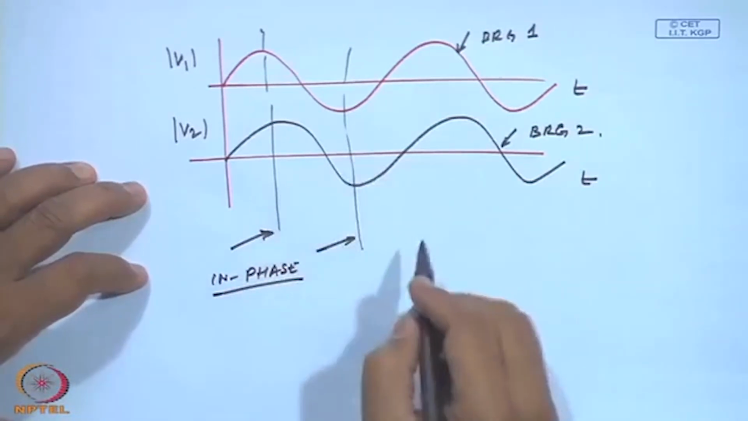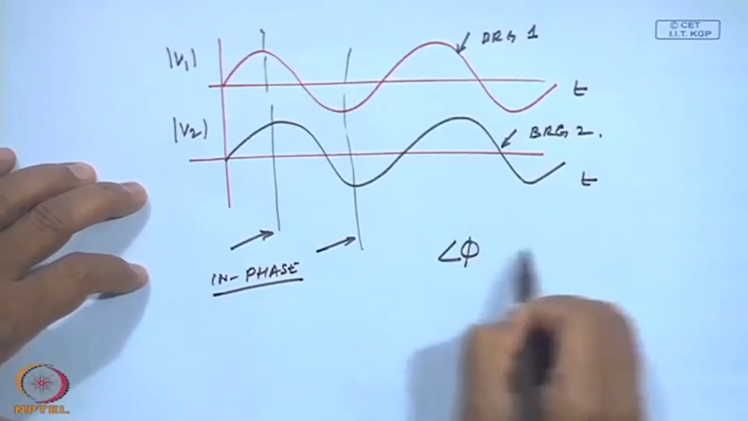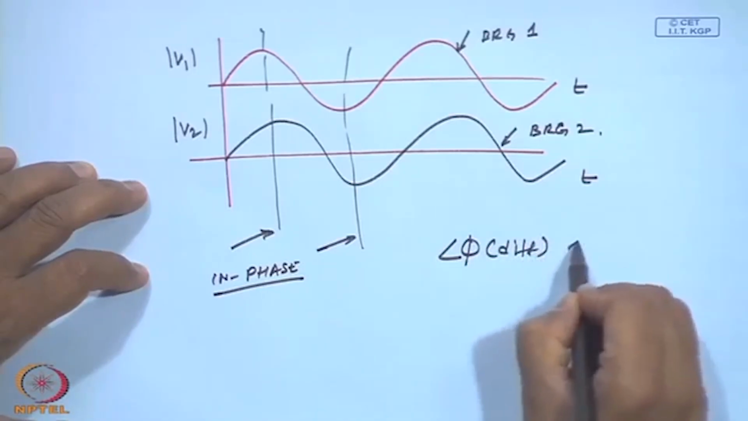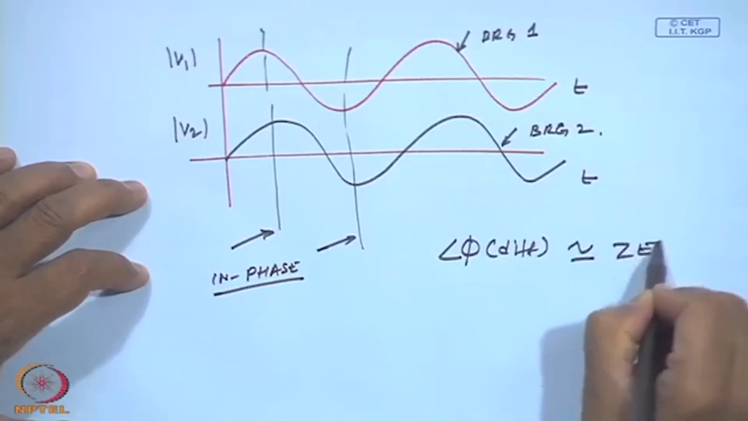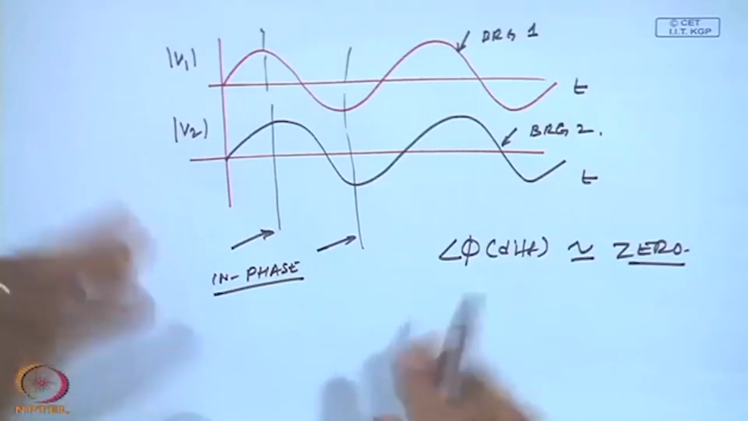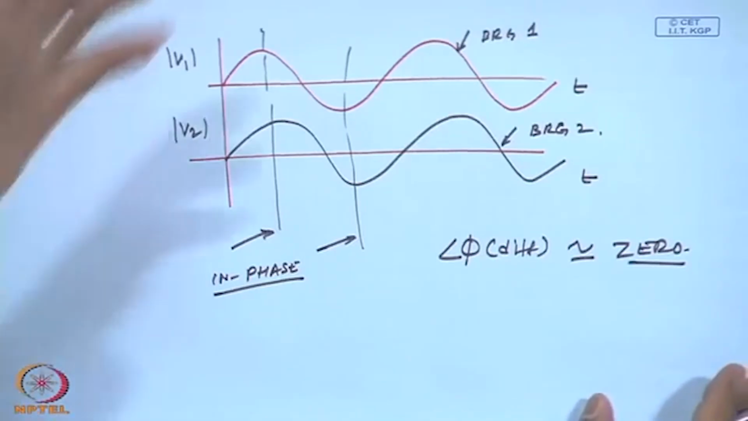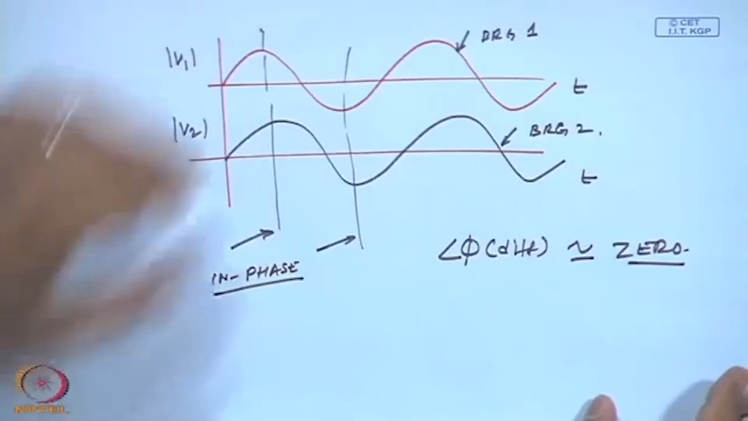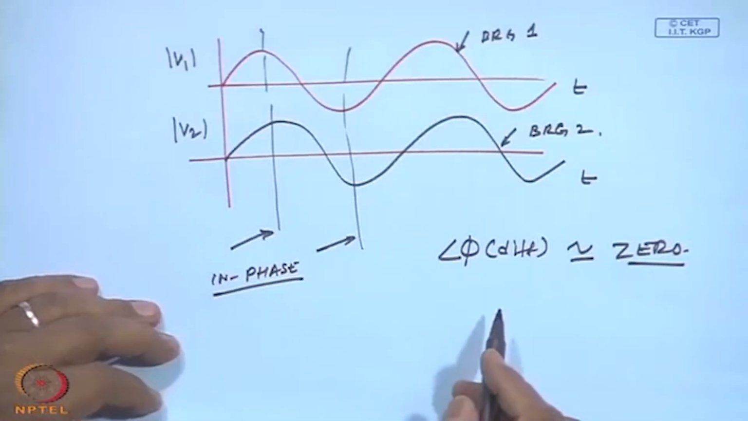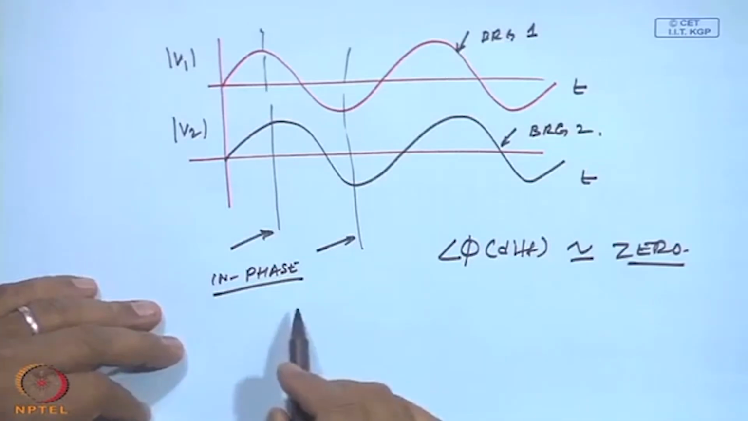Or the phase difference between them is 0. Okay. But this is very ideally speaking. It's nice to tell it in notes, but once you go to the field to measure, no system is